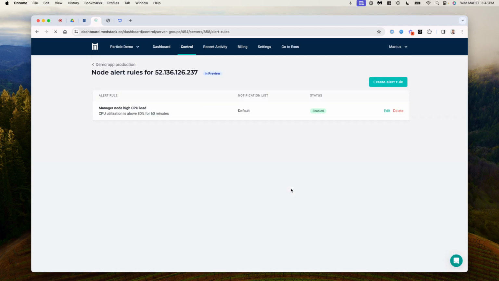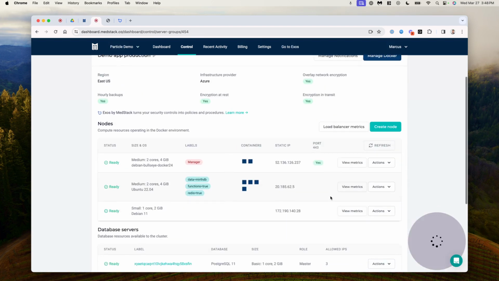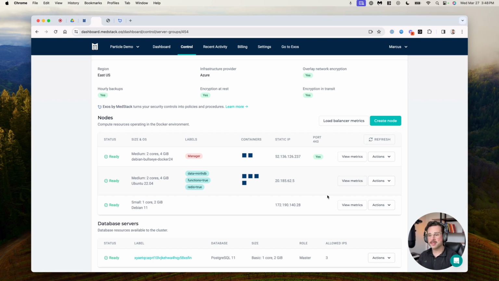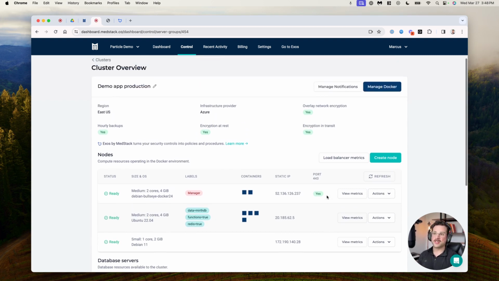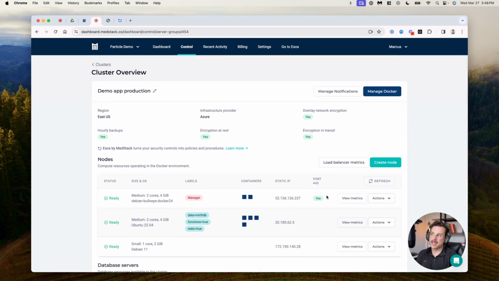which will tell you information, to the notification list, when a node hits a certain capacity on CPU or memory. So there's a lot of different pieces to telemetry that you can set up that come out of the box and are included here to basically give development teams what they need for the telemetry into managing their